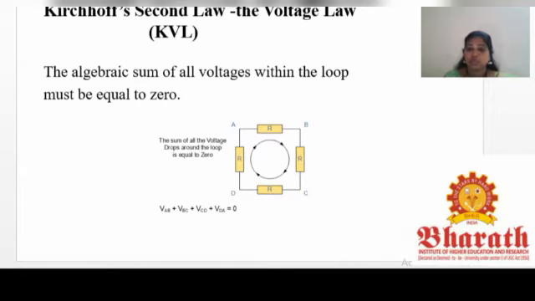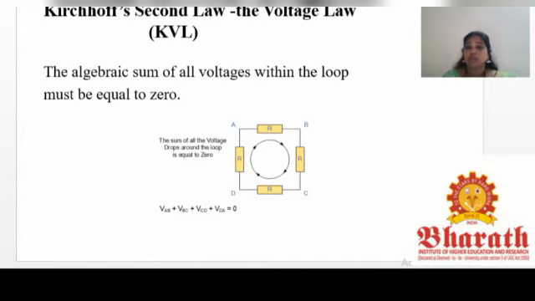These are the 4 nodes, and this is called a loop. I call this an independent loop. Why? Because these 4 resistances are not connected with any other elements apart from these 4 nodes. These 4 elements do not have any contact with other elements or other loops in the circuit. So I call these 4 elements an independent loop.